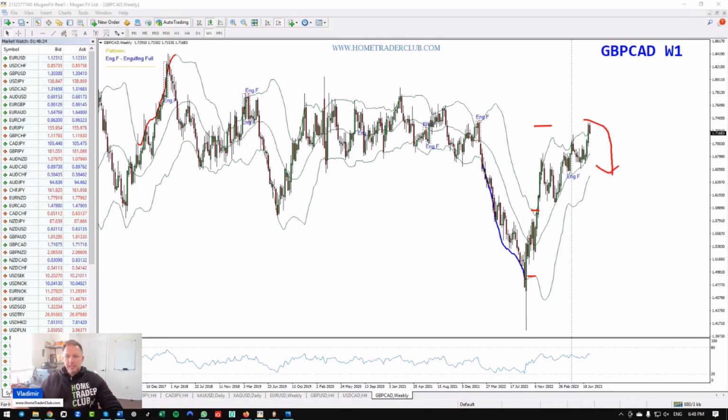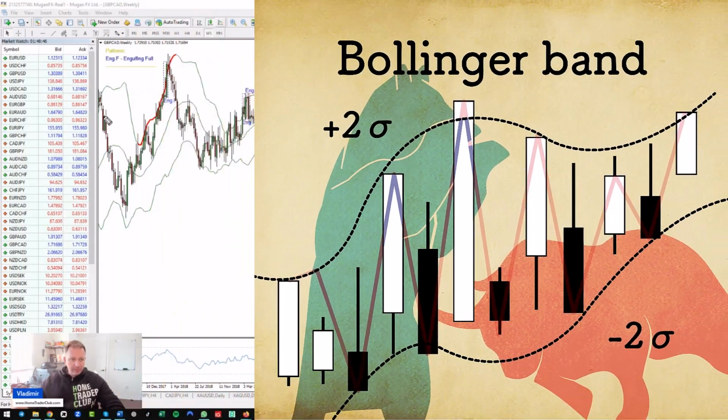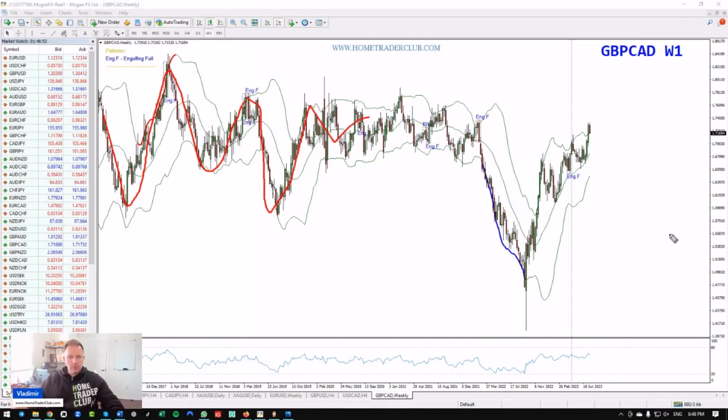prior to the pullbacks. But in the majority of time, what the Bollinger Band represents is a 20 moving average with positive and negative deviations, creating some sort of barriers, like an envelope. It's covering the range within the normal deviation. And most of the time, the market is moving from one band to another with slight deviations and so on. So with that in mind, understanding that in the majority of time the market tends to move from band to band, comes the logic that